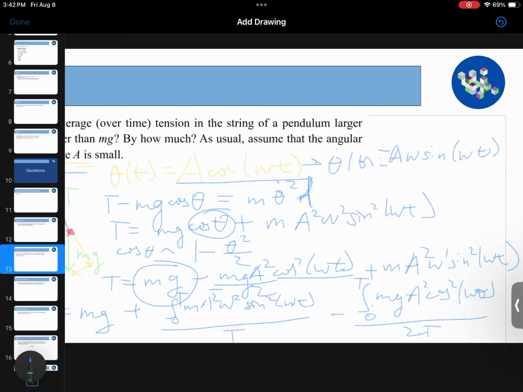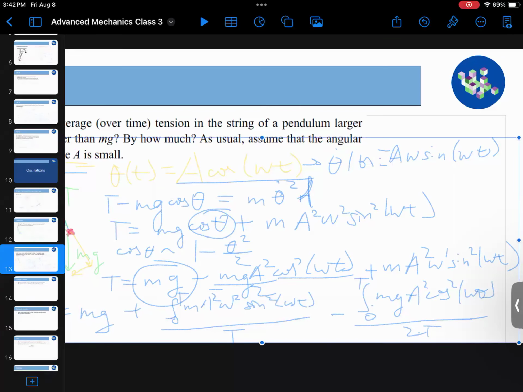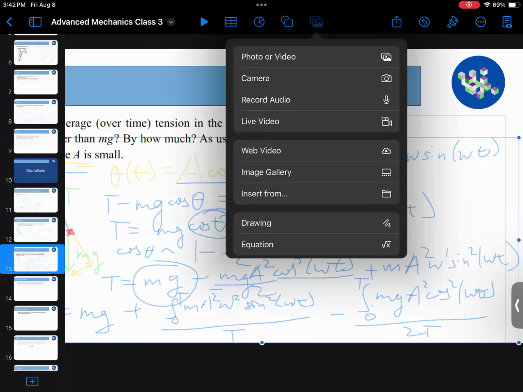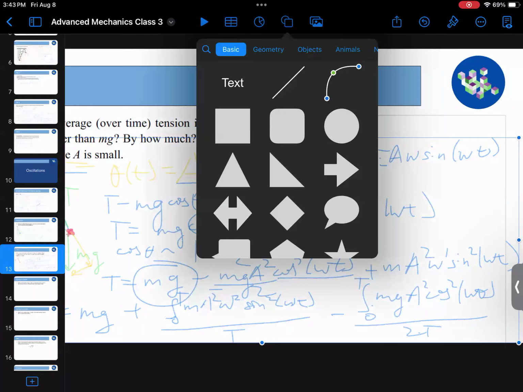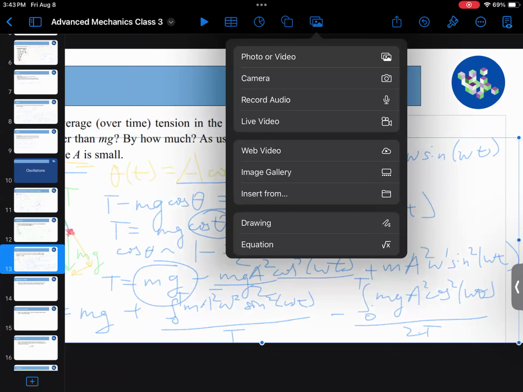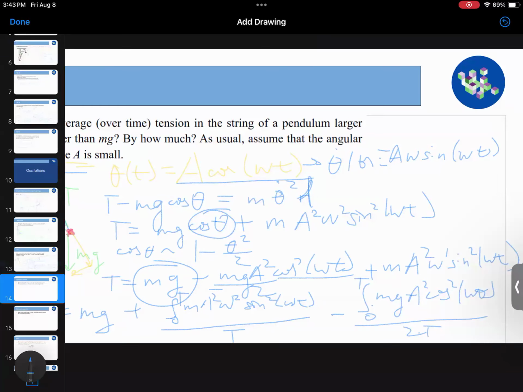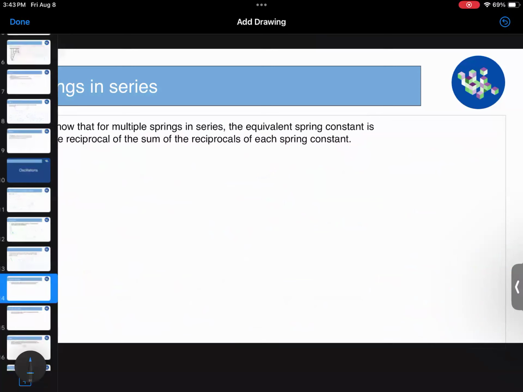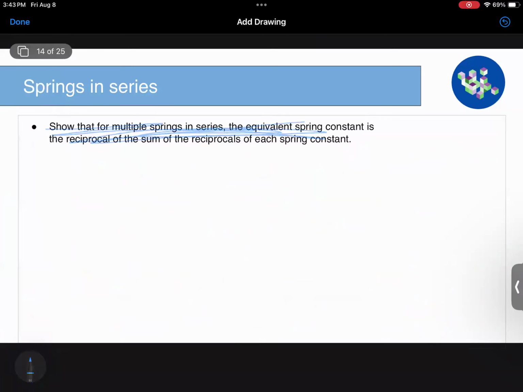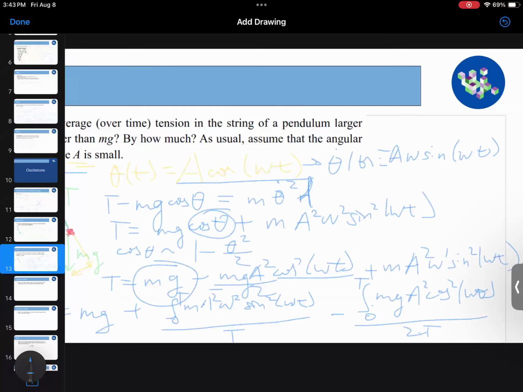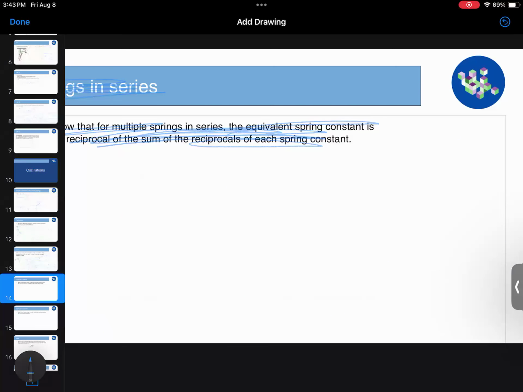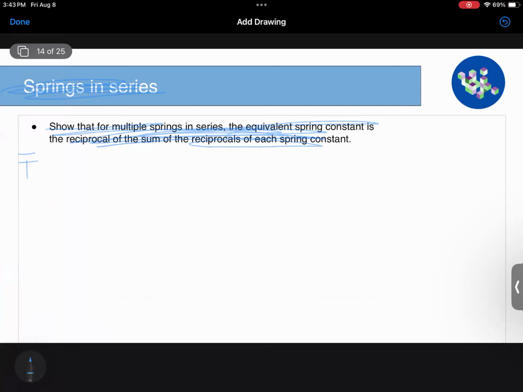How about, give me a second. How about you ignore this text over here right now, and I'm just going to write on this slide, okay? So let's ignore this over here, and let's use what we got previously, right? I'll copy it over. So average tension, T average, should equal mg plus,